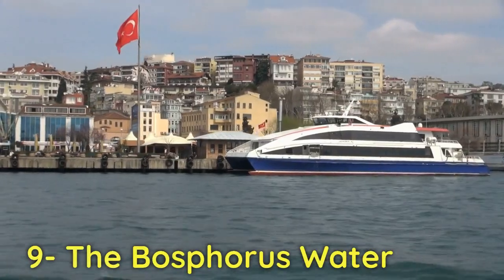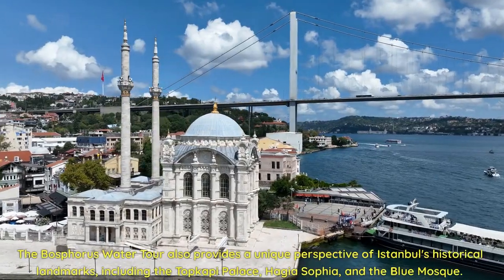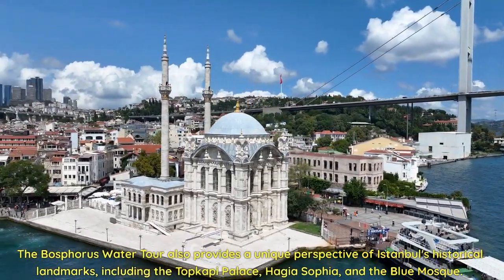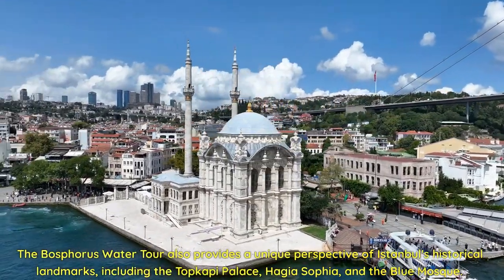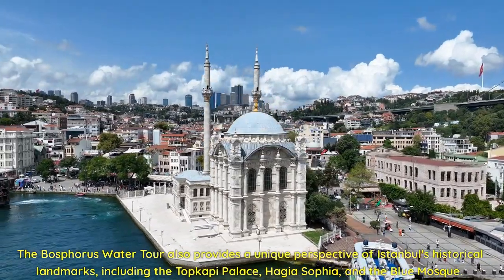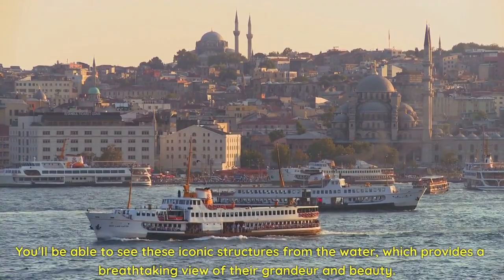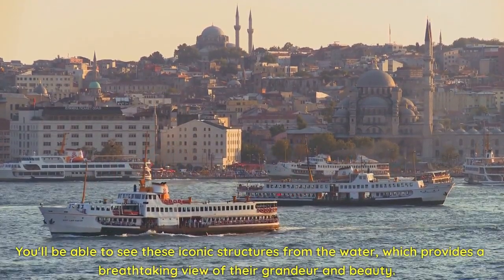9. The Bosphorus Water Tour. The Bosphorus water tour also provides a unique perspective of Istanbul's historical landmarks, including the Topkapi Palace, Hagia Sophia, and the Blue Mosque. You'll be able to see these iconic structures from the water, which provides a breathtaking view of their grandeur and